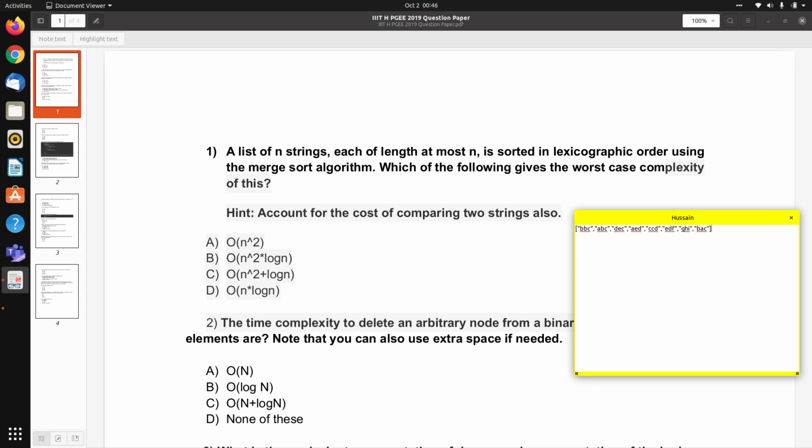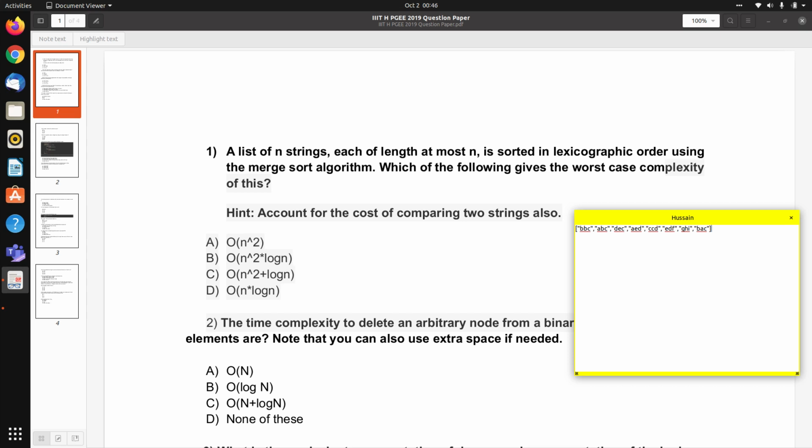Okay, now what we do in merge sort is, firstly we take the first and second element, compare them, and if the first element is larger than the second element, we swap them. Next we compare third and fourth and do the same process. Next we take the fifth and sixth and do the same process for them, and so on. So in this way we will get n by 2 arrays which are individually sorted. Now we again combine these arrays, then we get n by 4 arrays which are individually sorted.